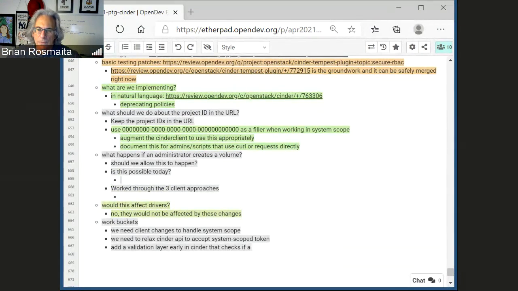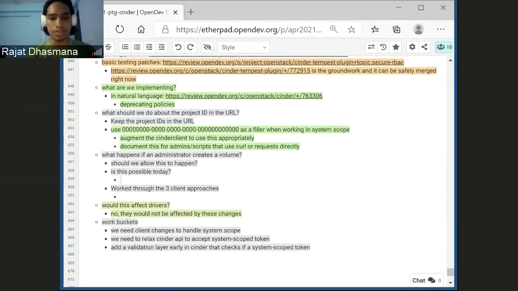So just to confirm, we are not working on any new endpoint. We use the parent endpoint and just replace the project ID with a fake ID, I think, for system scope tokens, right?